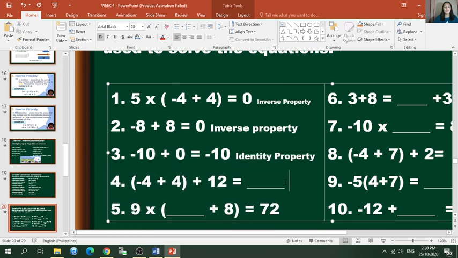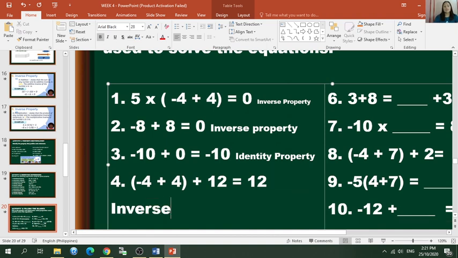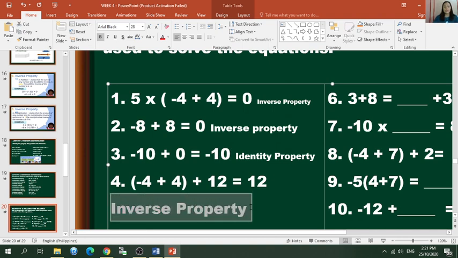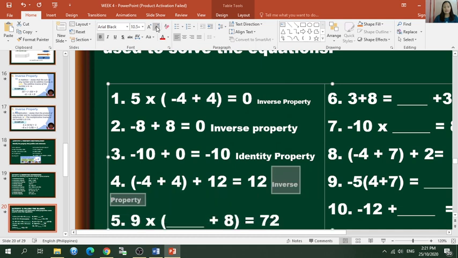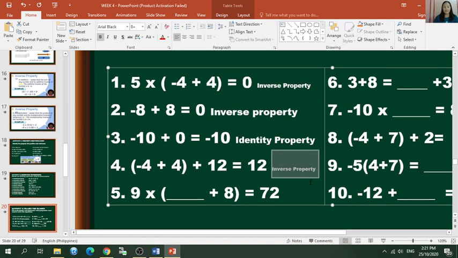Another one, in number 4. Negative 4 added by 4 is how many? That is 0 added by 12, and that is equal to 0 plus 12 is 12. What property is being used in item number 4? That is inverse property. Okay, inverse property. And for number 5,